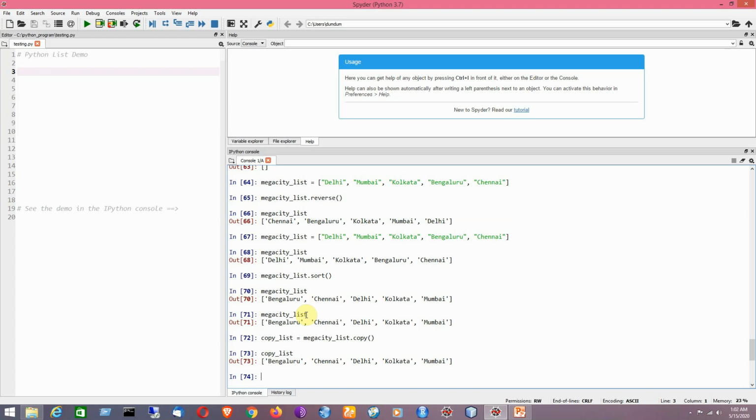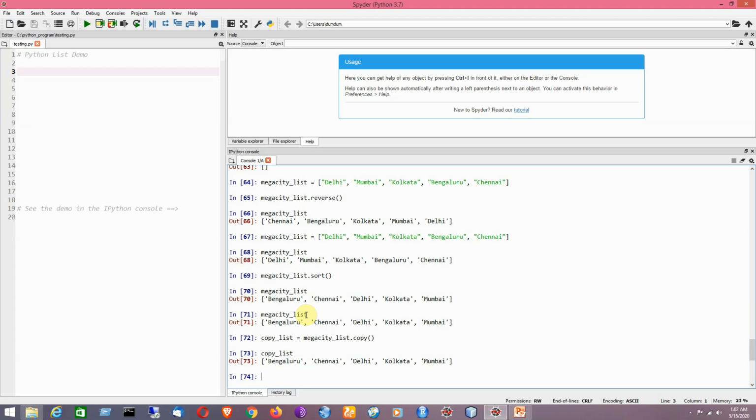I can also use the del keyword. I can reverse a list. I can perform a chronological order based sorting on a particular list. I can clear a list. I can make a copy of the list.